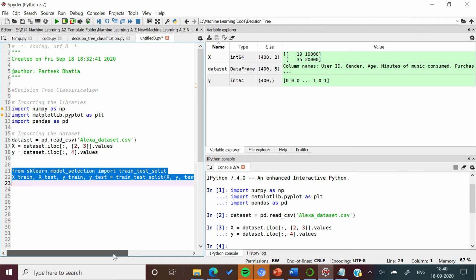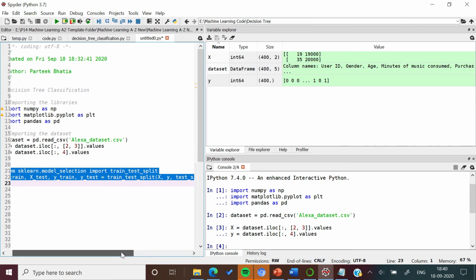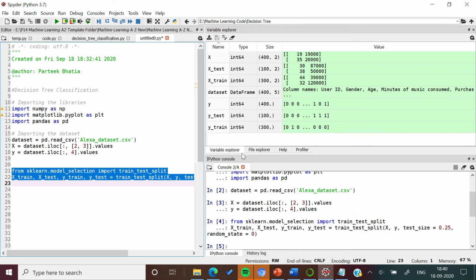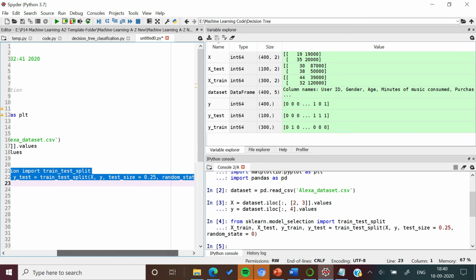Let us execute this code to split x and y into xtrain, xtest, ytrain and ytest. You can see after executing this command, xtest, xtrain, ytest and ytrain have been created. There are 400 records in x. We have used 0.25 as a test size.